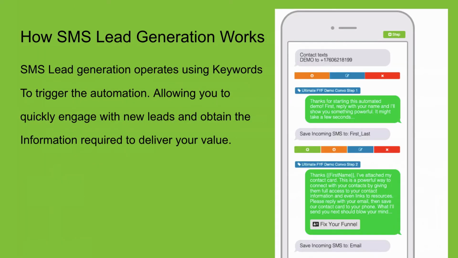Now, for those of you that aren't familiar with using text conversations and keywords and everything like that, I want to cover how it works. So it's using a keyword. We've already talked about that a little bit. I have an example off here to the right from Fix Your Funnel showing you a breakdown of a conversation. This one isn't particular to house buying in any way, but I wanted to show you how the structure can work.